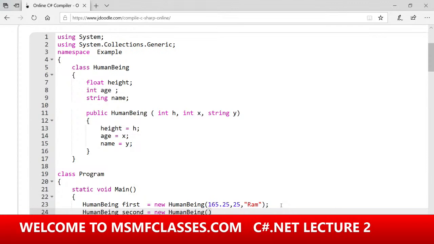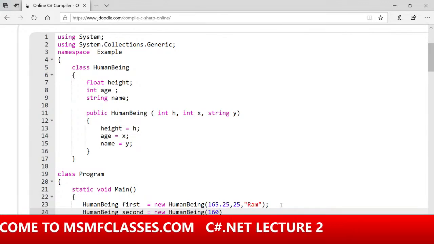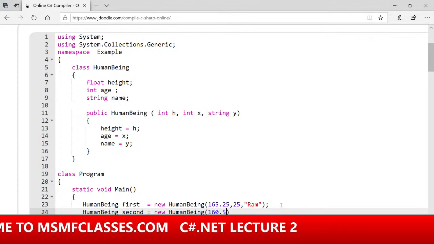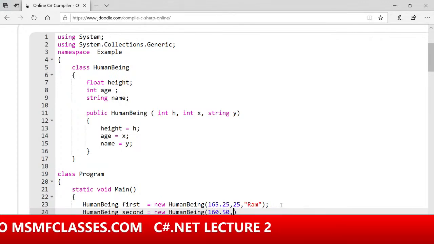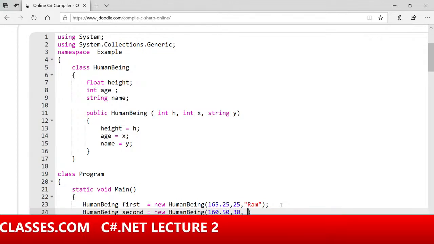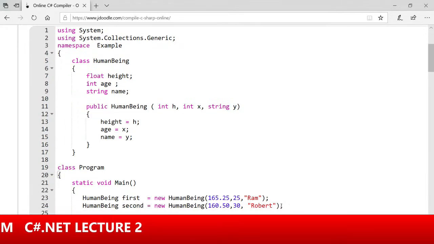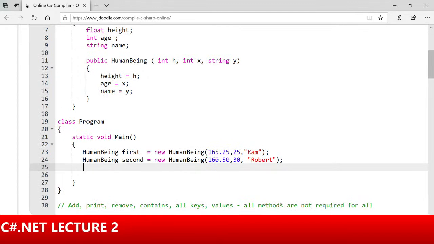Now height is say 160.50, age is 30, so name is say Robert. Okay, so we created two human beings based on the definition. Okay, now let us print